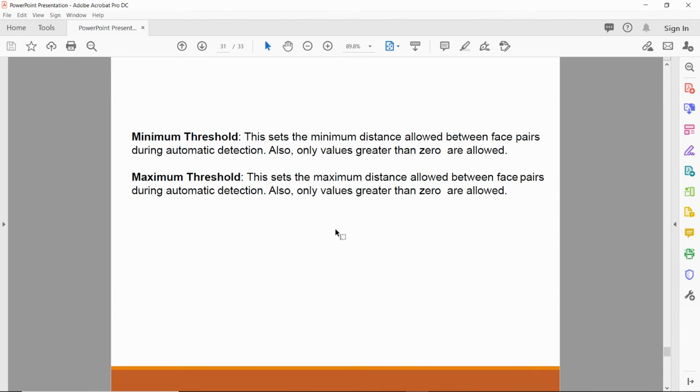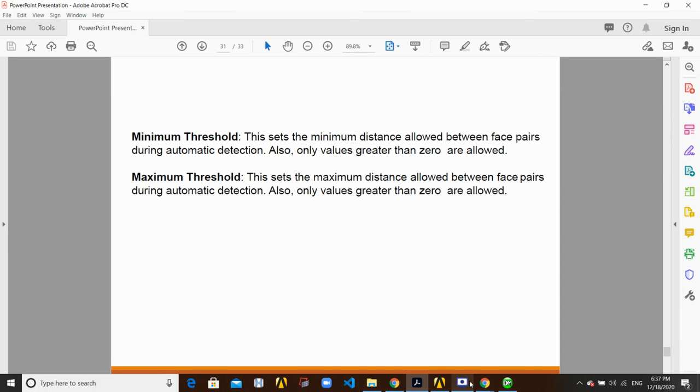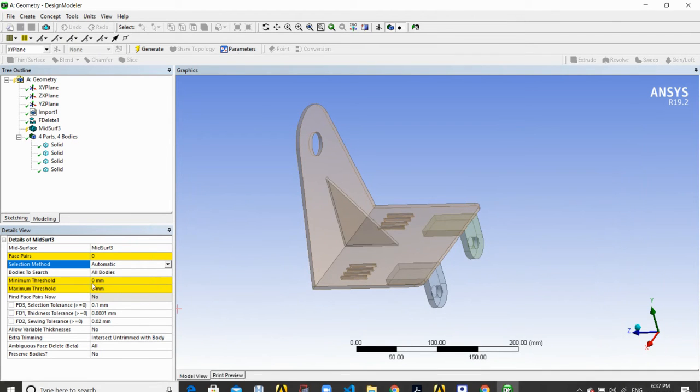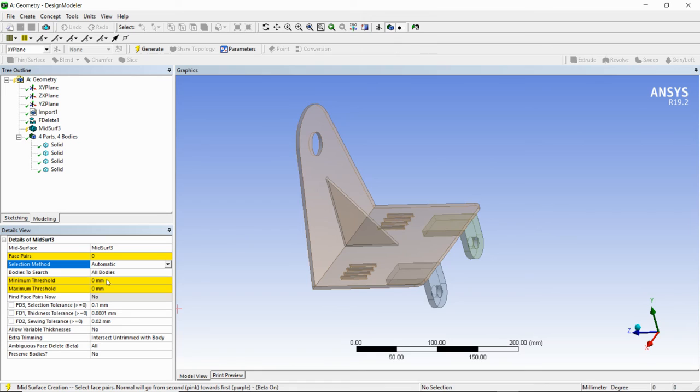The minimum threshold sets the minimum distance allowed between face pairs during automatic detection. Also, only values greater than 0 are allowed. The maximum threshold sets the maximum distance allowed between face pairs during automatic detection. Also, only values greater than 0 are allowed. That means the minimum threshold is the minimum thickness we have to find, and the maximum threshold is the maximum thickness we have to find.